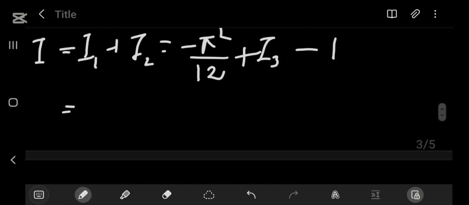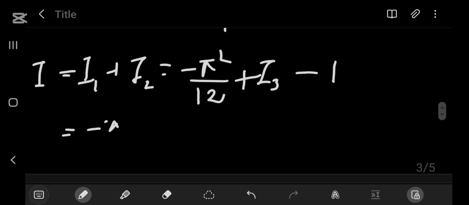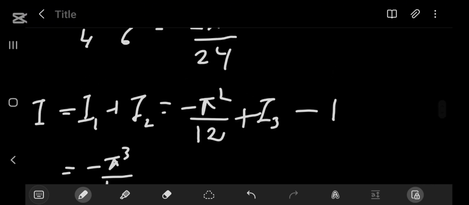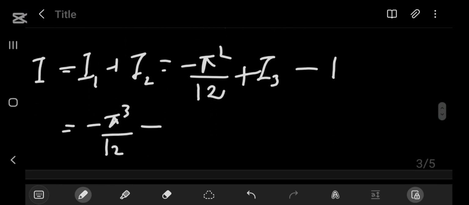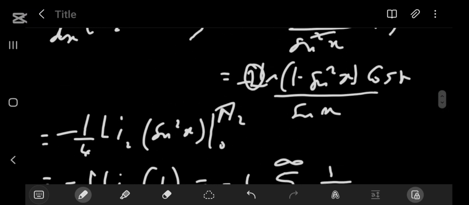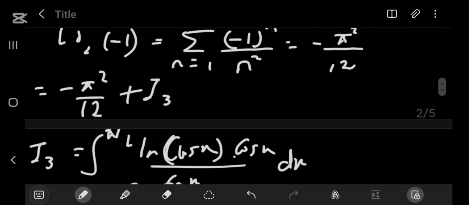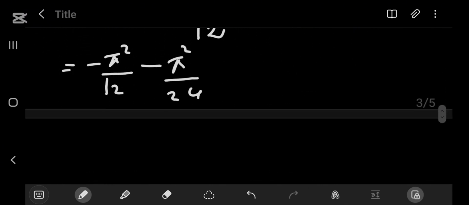So for I3 we got minus pi square over 24. I think we finally have the answer, minus 1. So final answer we have here is,